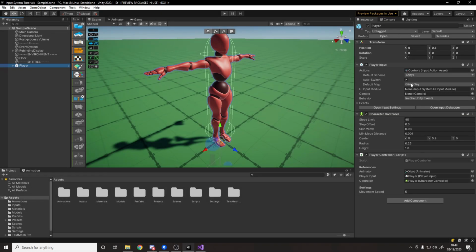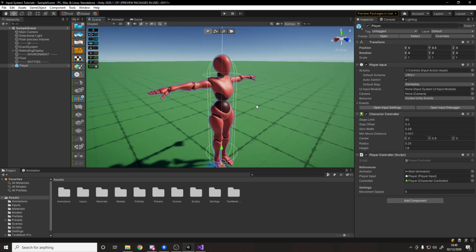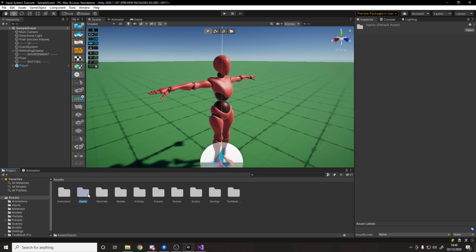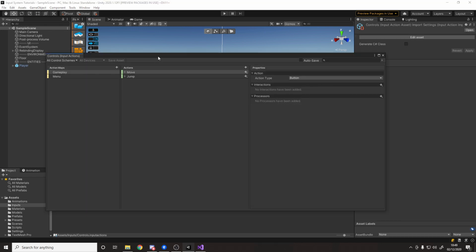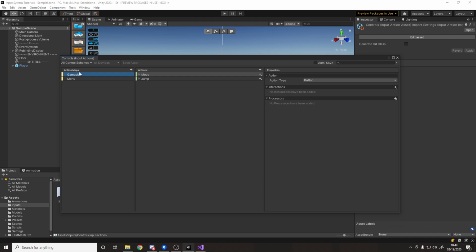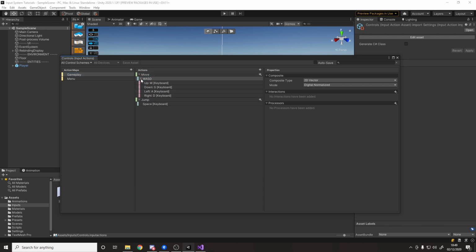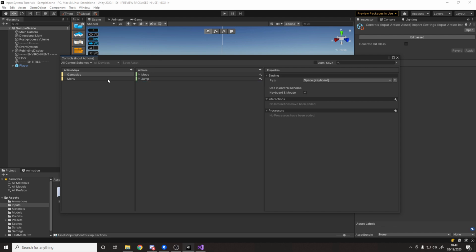If we look back at the player, we've got the character controller component here set up as the collider and the character controller. And then I've got this player input script. So I'm assuming here for this video that you've used the input system before. And just like usual, you'll have an input actions map like this. So I've got the gameplay map, which has move and jump, which is currently the WASD keys for moving and the space key for jumping. And then I've got the menu map, which is just blank right now.